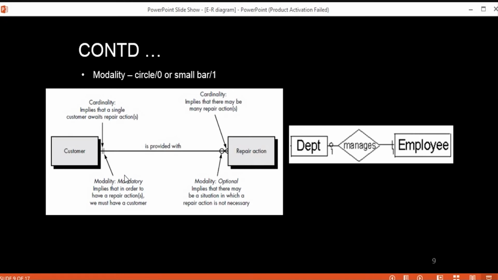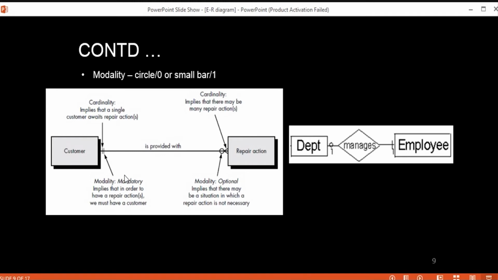And at the repair action entity, that can be optional, because it is obvious that there may be a situation in which a repair action is not necessary. So that is the mandatory thing and the optional thing, which is nothing but the modality of your relationship, that is 0 and 1.